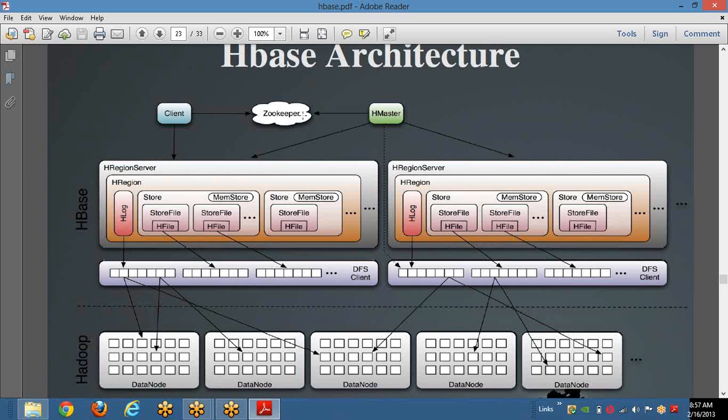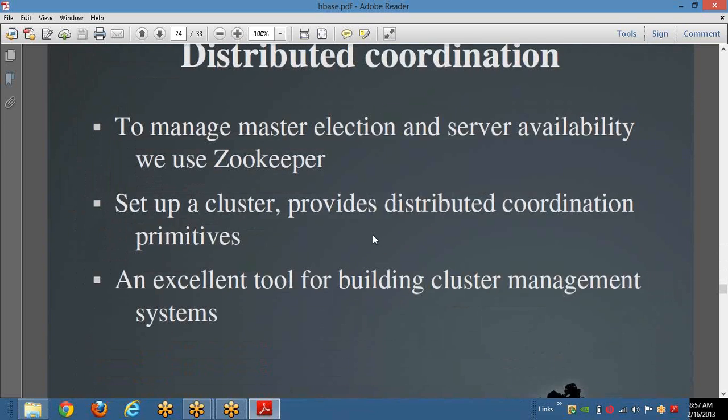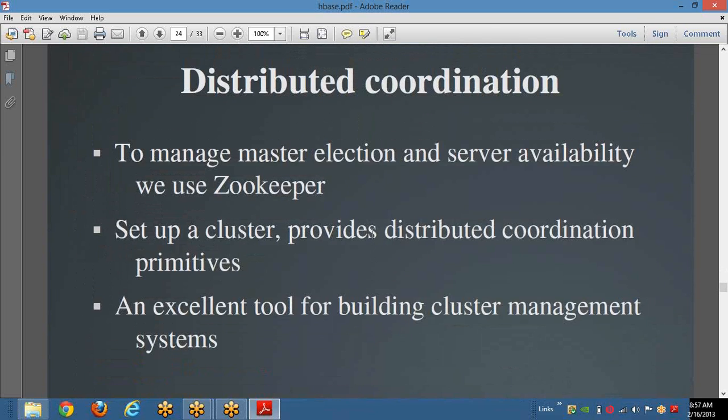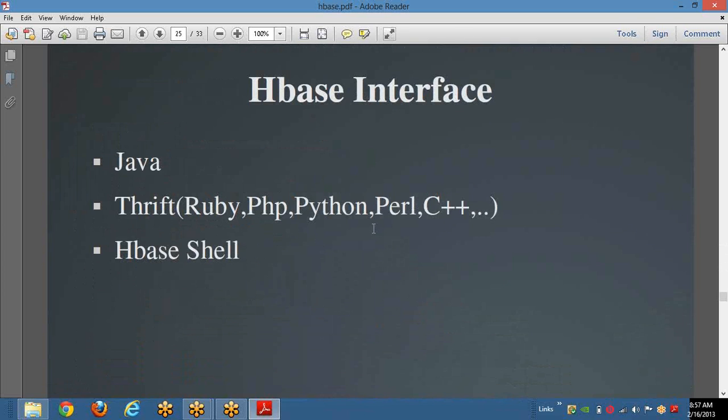The role of Zookeeper is at the top, wherein it's doing basically the process communication with the master and the client and also the nodes and all. You can interact